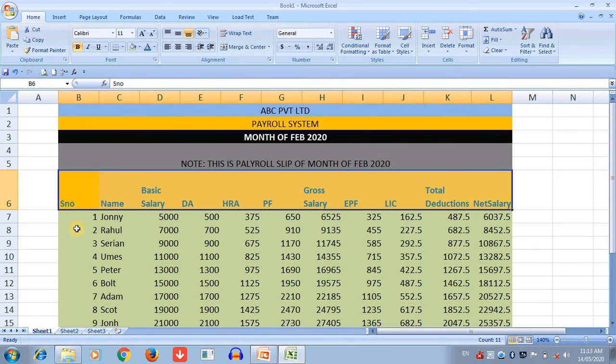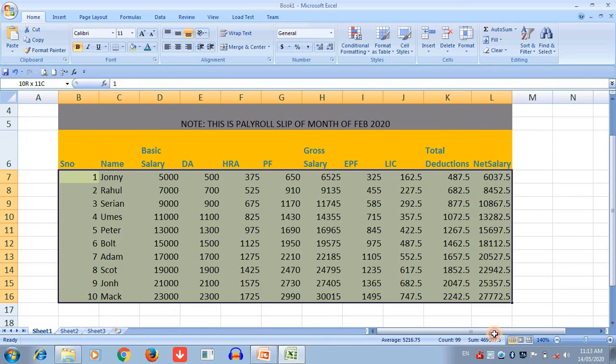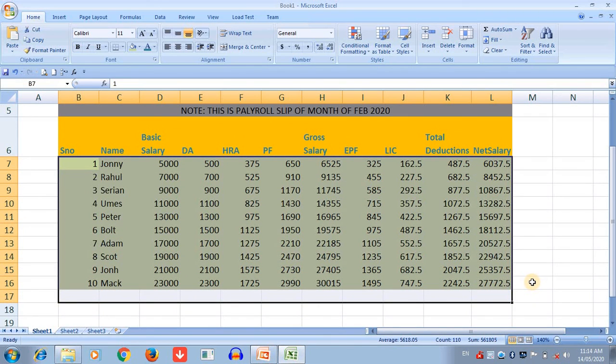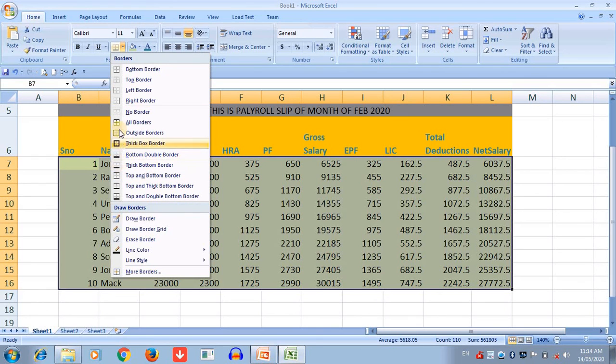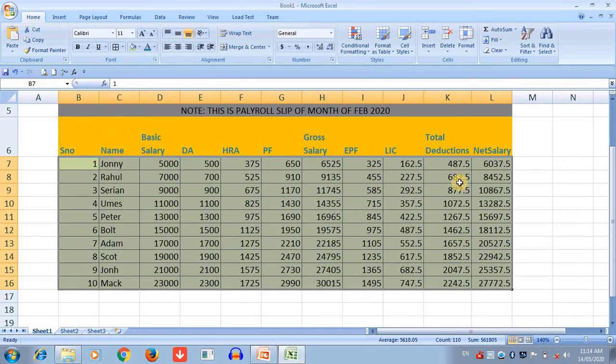Now we can also add the borders around the selected cells. First click on that here and all borders. Click the bolds. Okay.